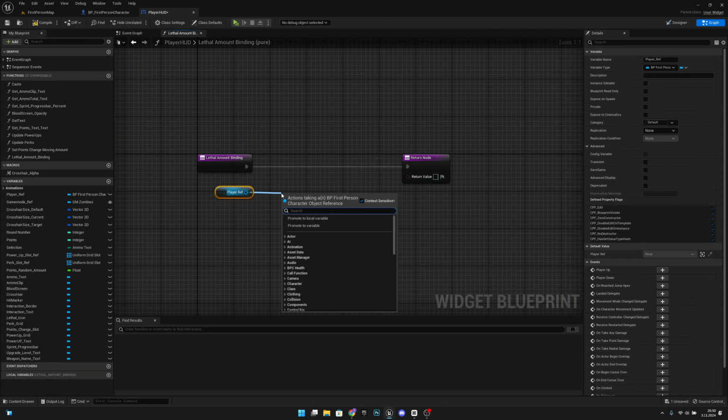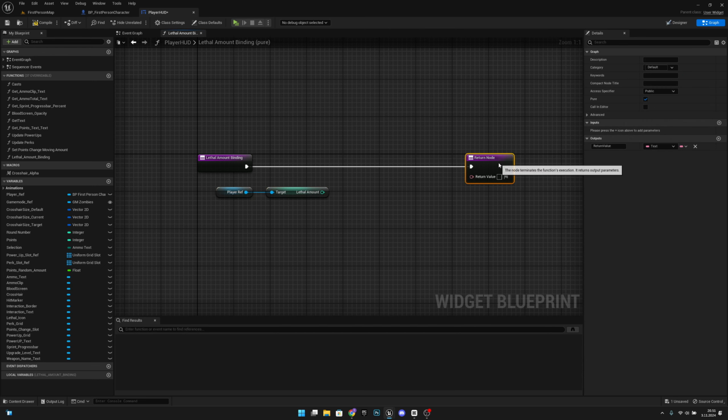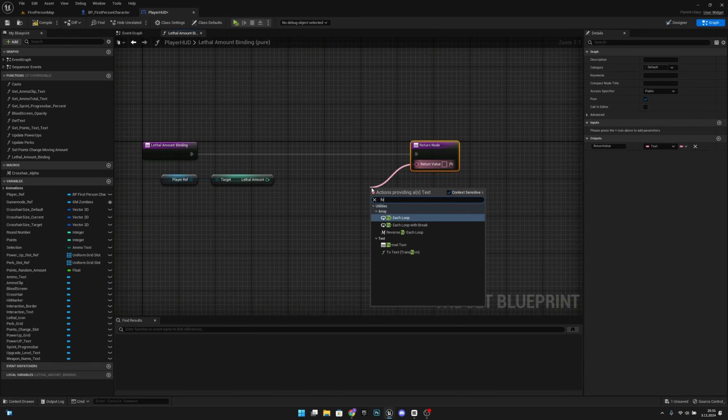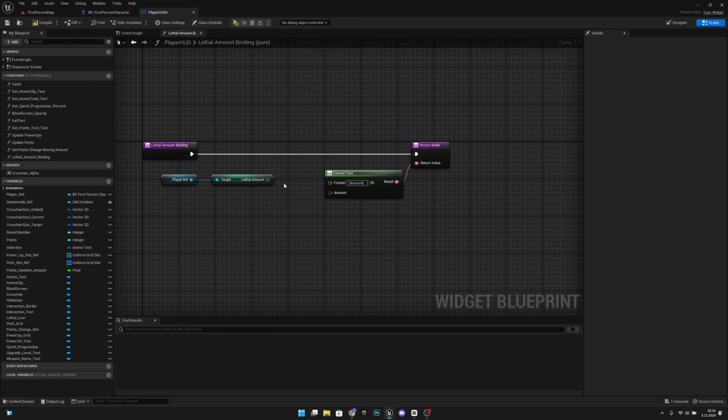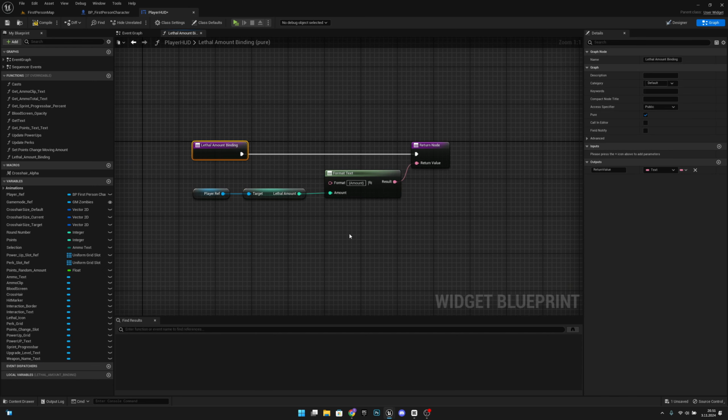And we want to get a little amount. Then we want to move this even further and get from this and format text. Why do we want to do this? Is we want to add a space, bracket, amount, bracket, and space. So now it will always have these spaces before and after, and we can connect this to the amount. Like that. So let's compile, let's save,